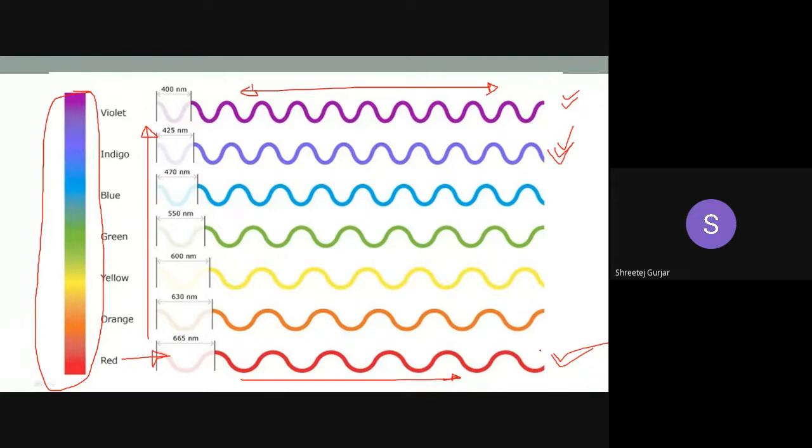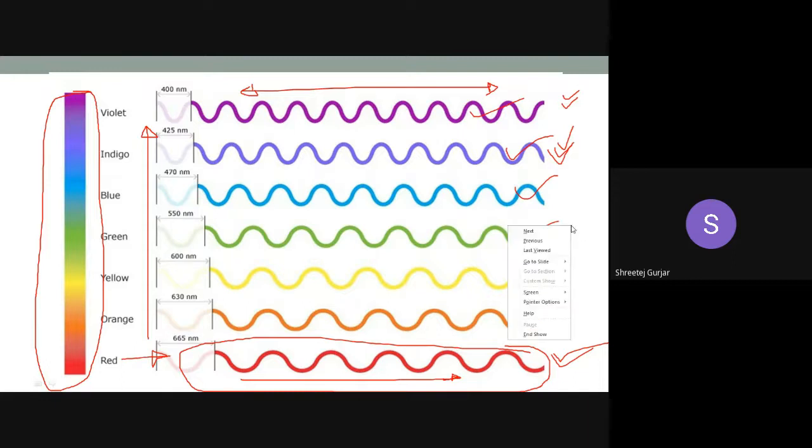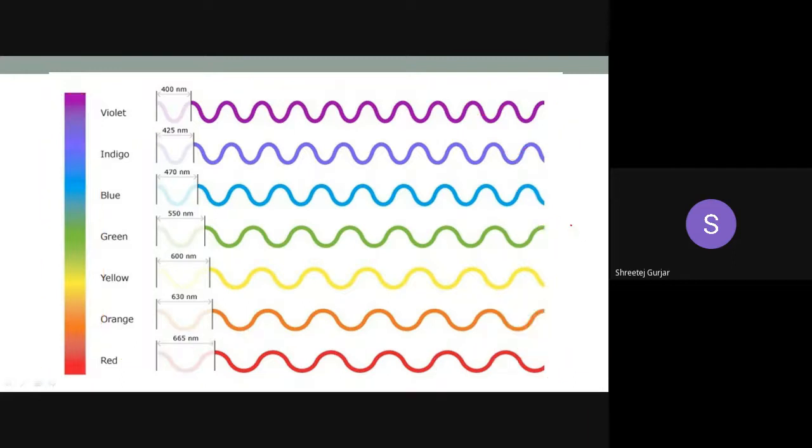distance. Hence, all your bike lights, your signal lights, and any warning lights which need to be seen from far away are in red color. Because the wavelength is larger, it can be seen from a long distance. Because the wavelength is large, it can also travel large distances. So we do not go for these colors which have shorter wavelength. That is the principle for using red color often.